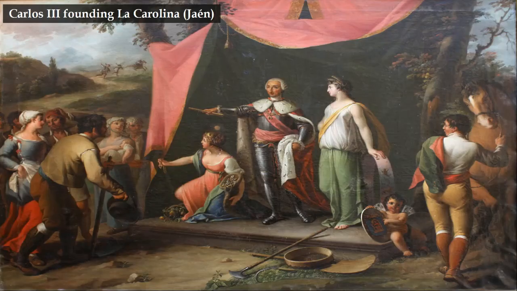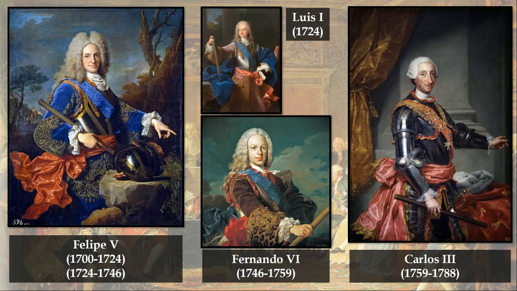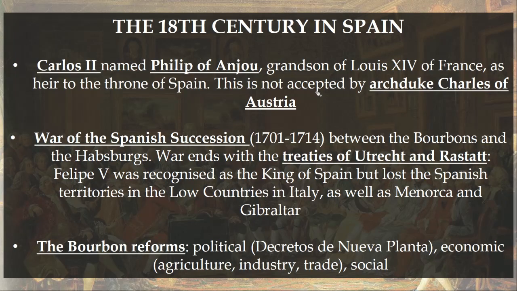And well, there are some other reforms. There were improvements in agriculture, in industry, for example new settlements, in internal trade, in foreign trade, but by all of these kings, which were the first Bourbon kings, Felipe V, Luis I, then Felipe V one more time, then Fernando VI, finally Carlos III, which is the most important example of enlightened despot in Spain. And that's it. Remember, in the political reforms, only los decretos de nueva planta are important. The rest,